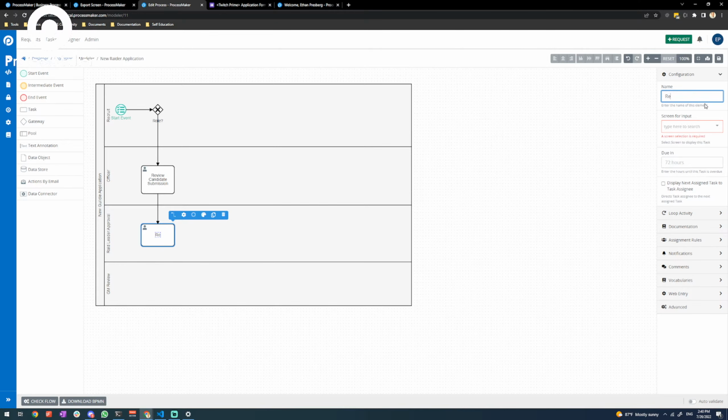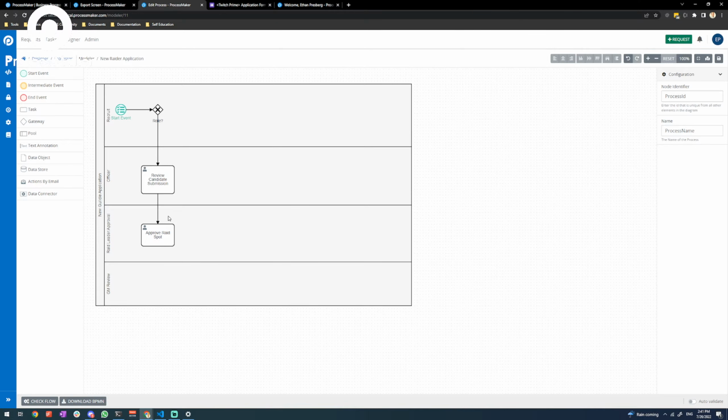So, approve raid spot. And he also will have to say, if you're a healer, we only have 4 healer spots, so we can put you on the bench, kind of thing. So actually, this is not true. This is another gateway, because